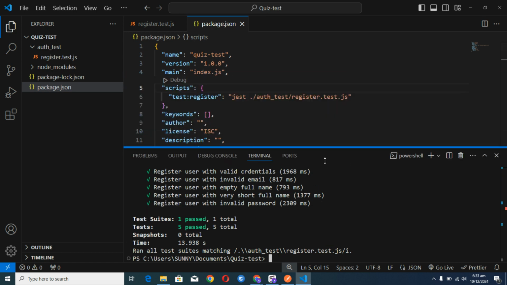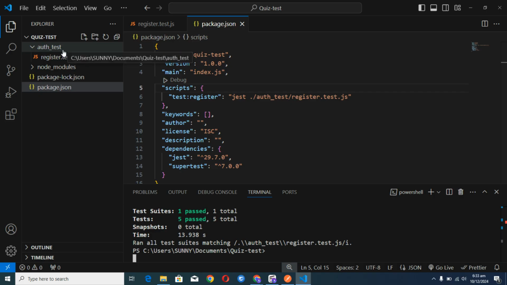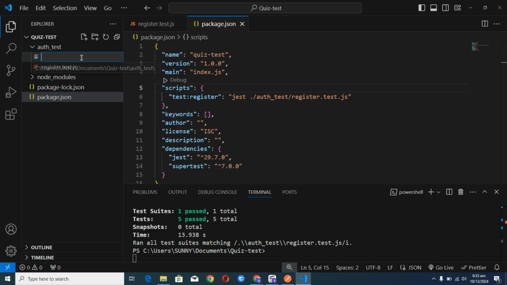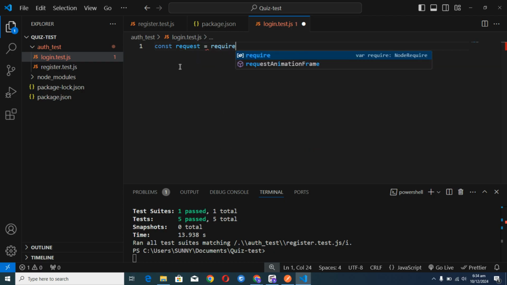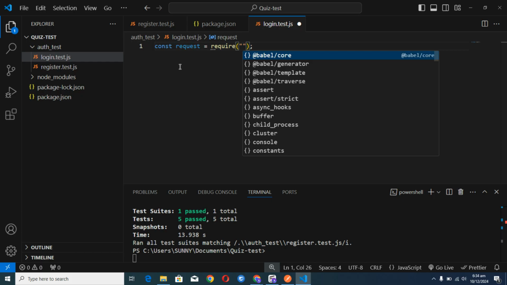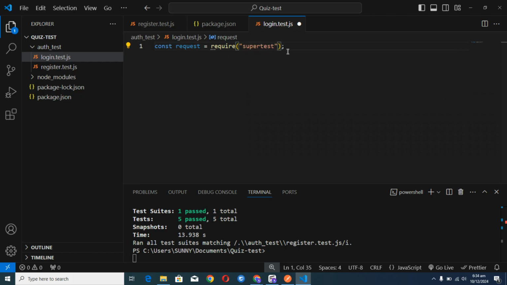So let's do the same for login. So we have register. I'll create a new file, call it login.test.js. I'll do the same thing I did for the other file. I'll say request should be equal to require supertest, and